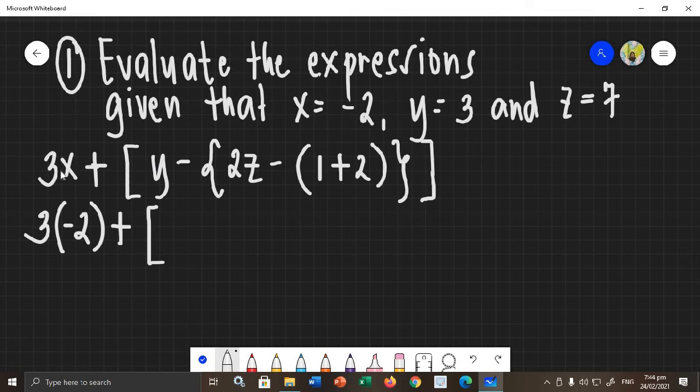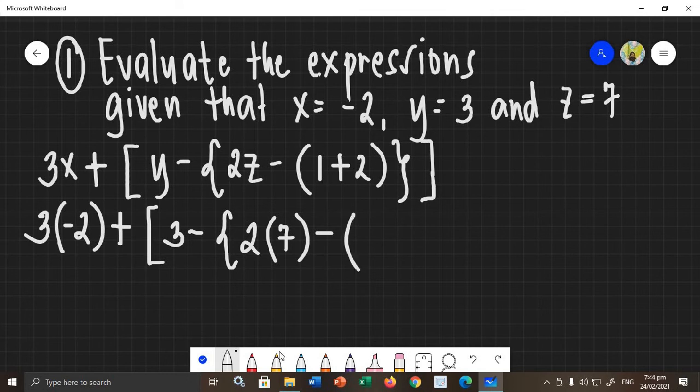Kasi wala naman siyang katabi na coefficient, unlike 3x. So, we can just put 3 straight up, no? 3 minus, and then braces, 2, and then yung z natin is 7. Minus,